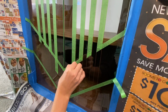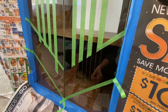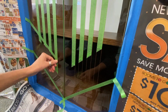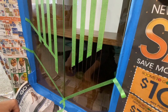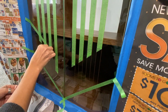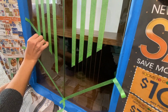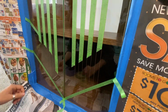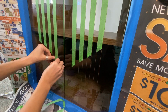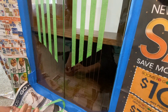And then I went ahead and cut the excess tape that I didn't want to be there so that I would have nice clean edges. And again, you want to make sure you are working with the sharpest side of the blade. Otherwise the tape is going to get pulled, dragged, and crinkle up, and it's not going to be clean at all. So you want your blade to be really sharp. So yeah, just cleaned up the edges, made sure that everything was as perfect as I could make it,